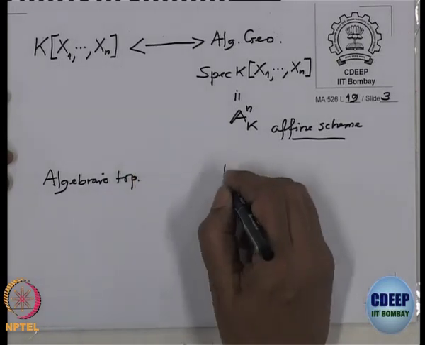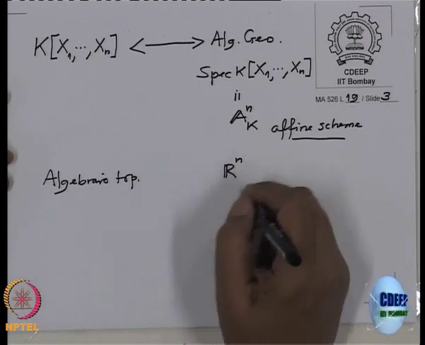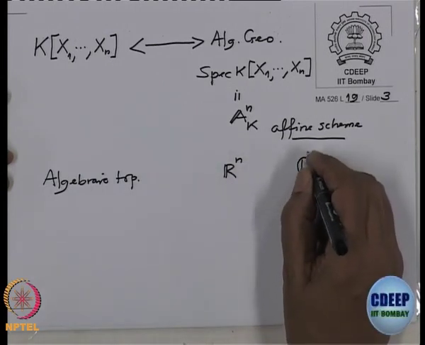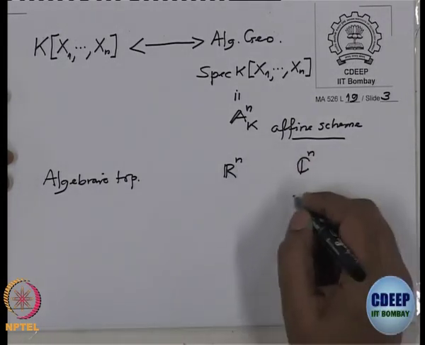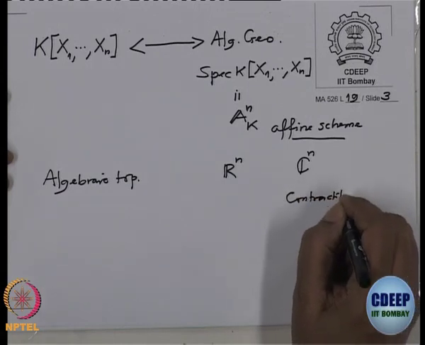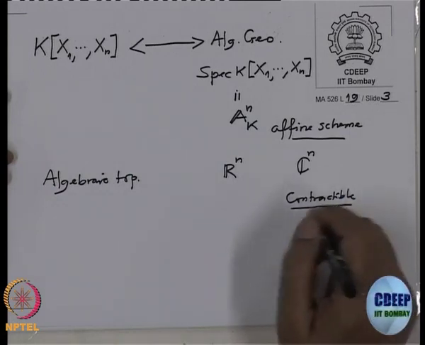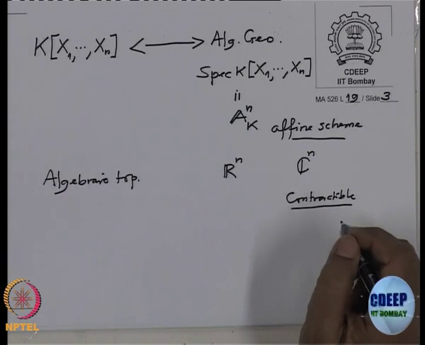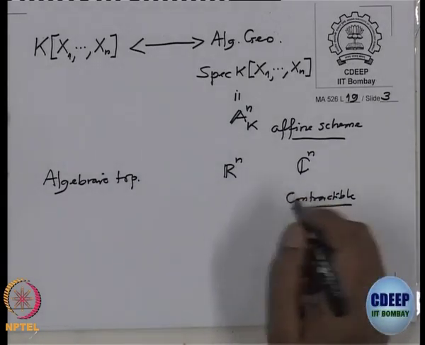For example R^n. This is the Euclidean topology, the usual topology on R^n or C^n. With the usual topology, these spaces are so-called contractible. If you do not have much knowledge, you can ignore it, but for those who have or want to have it, this is very interesting. So, these spaces are contractible.